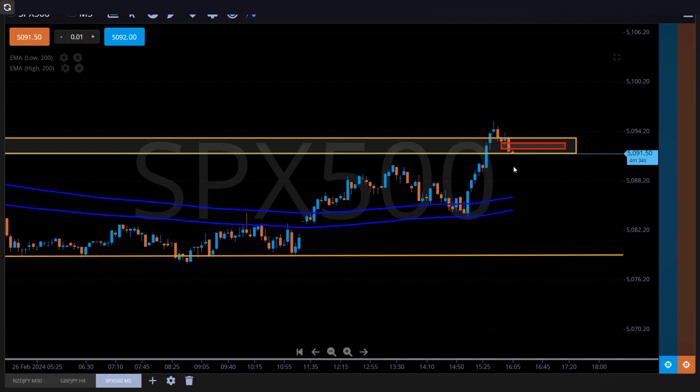Yep. So we're looking at this because we drew that imbalance on the 1 hour, right? That's the big yellow ones at the top. Yeah, I'm talking about the yellow ones on the bottom when we zoomed out on the bigger time frame down there. That's on the 1 hour, right? Yeah. Yep. So once this candle closes,